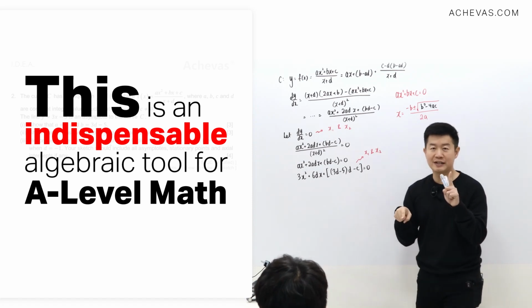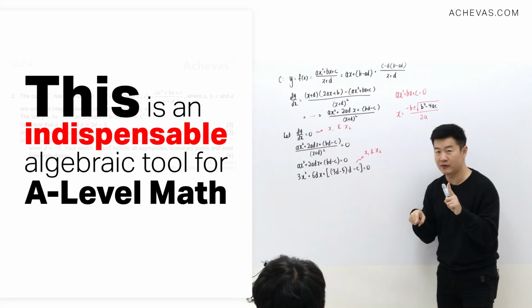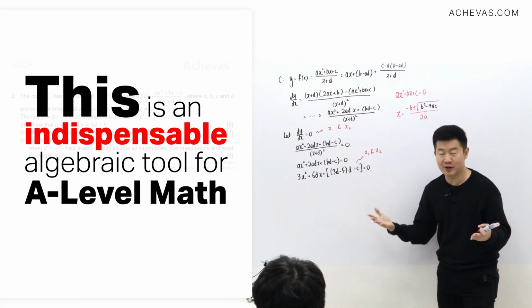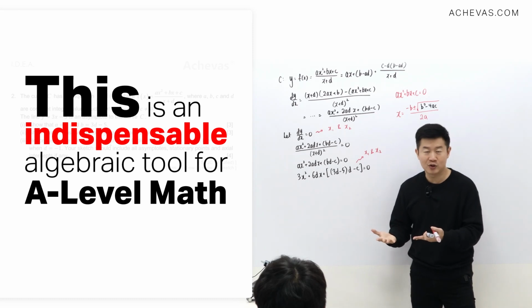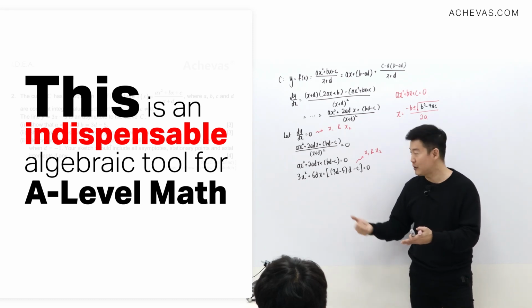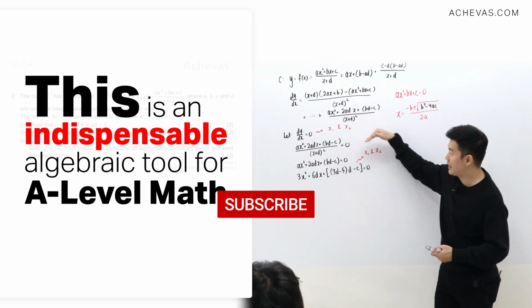If b squared minus 4ac is less than 0, then I will have no real roots because I'm going to be doing a square root of something that is negative, so I will have no real roots. So now in a case like this, what am I expecting? I'm expecting